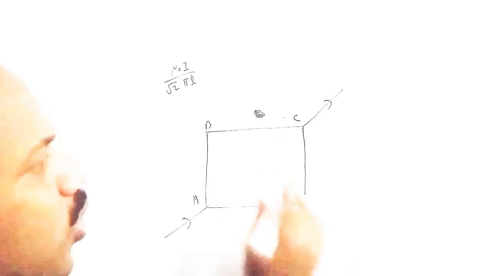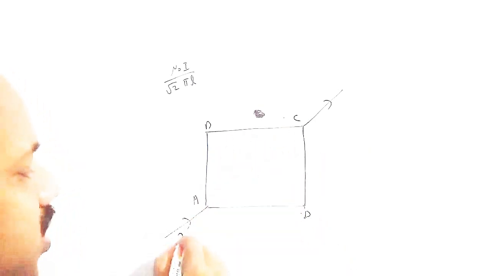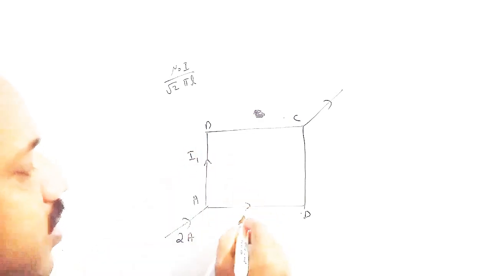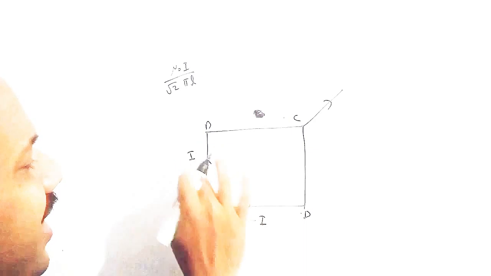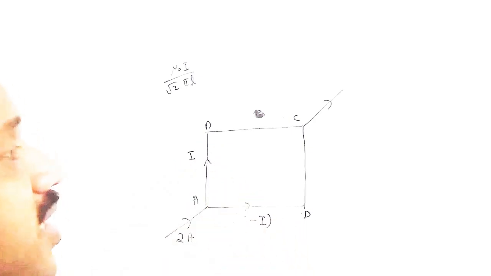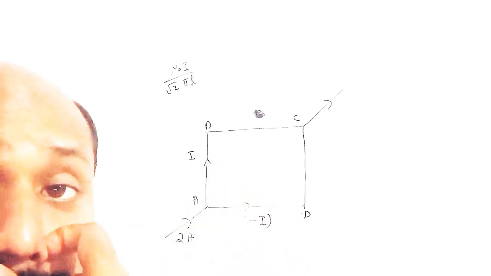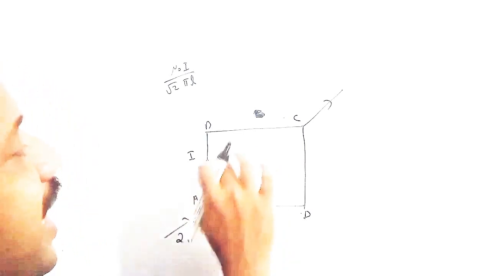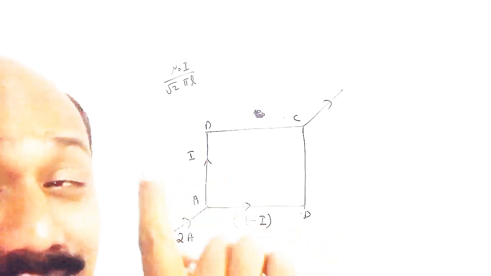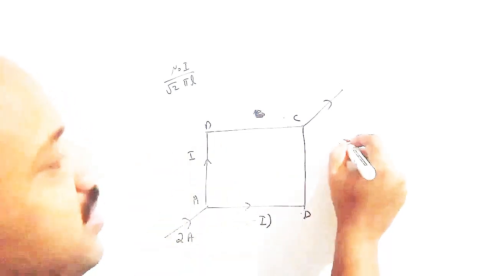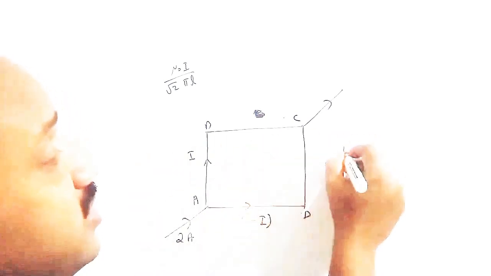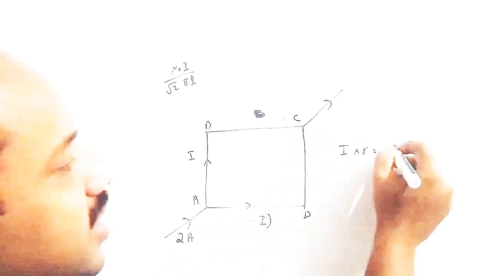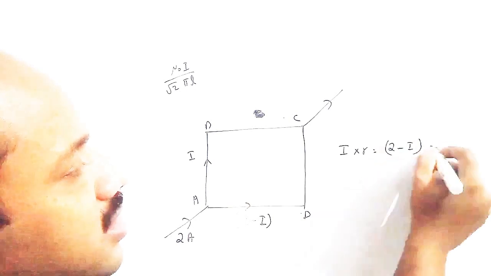And this is ADC, right? Look, this current is 2 ampere, right? Now I am taking this current as I1, and this current will be 2 minus I1, or better, take it as I and 2 minus I, right? The resistance of ABC is R and that of ADC is 3R. We know that ABC and ADC are two wires connected in parallel. Then their voltage should be the same. Voltage across ABC is I into its resistance R. Voltage across ADC is, the current is 2 minus I and the resistance is 3R.